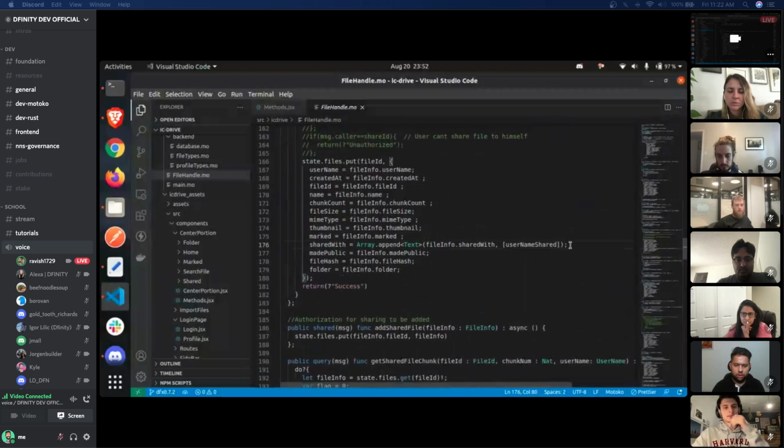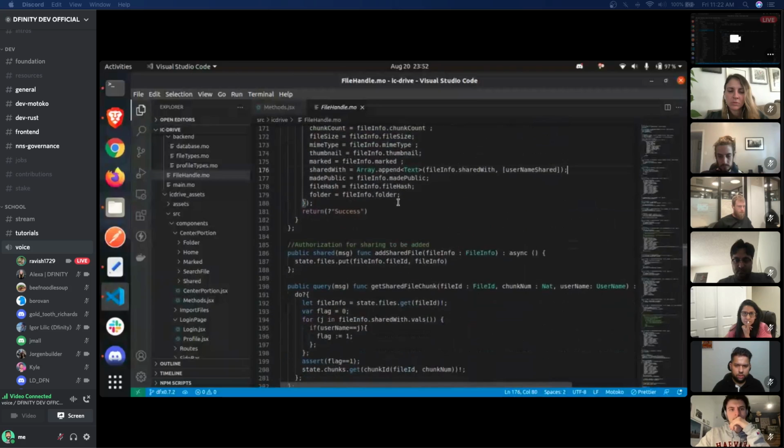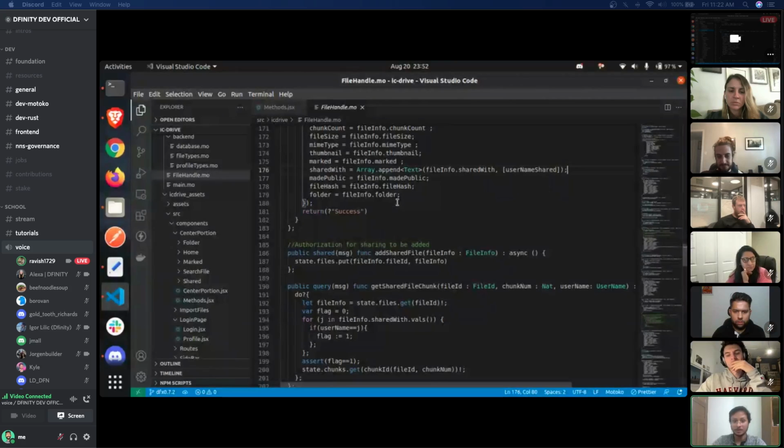Now whenever Nandit calls my canister and starts fetching that particular file, my function will first check if I have actually shared my file with Nandit or not. If I have, then it will return the file, otherwise it will return null. In this way we are able to do this P2P sharing operation.